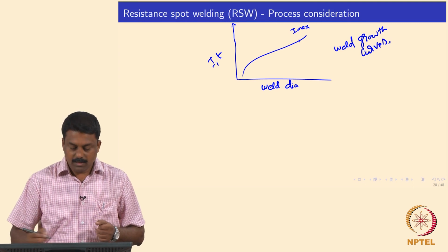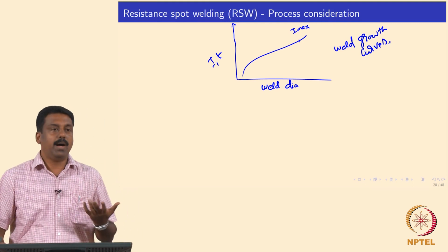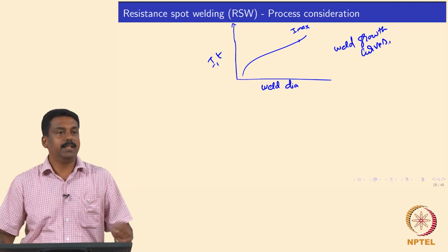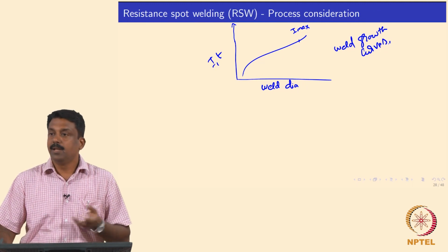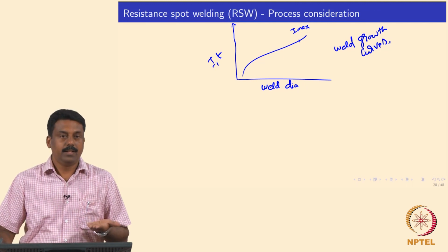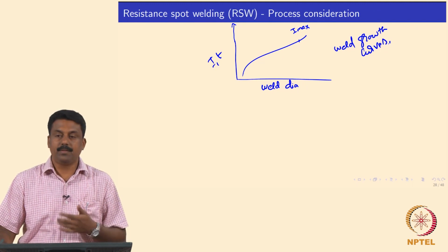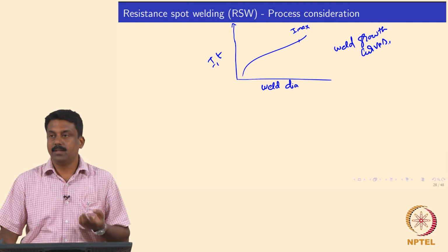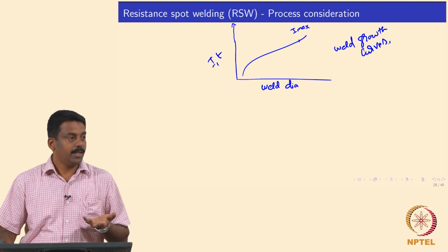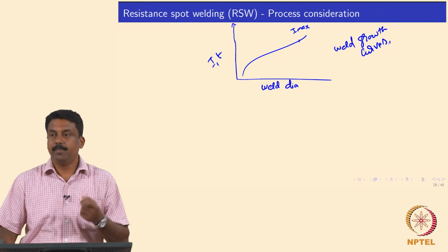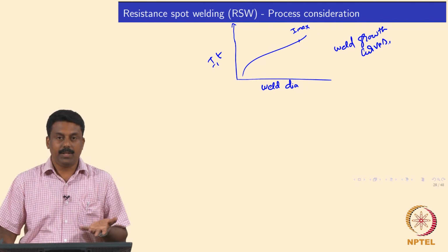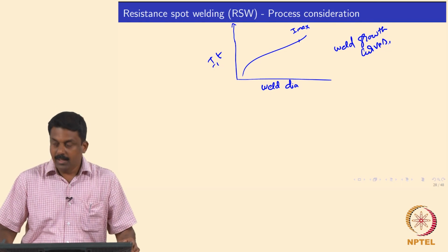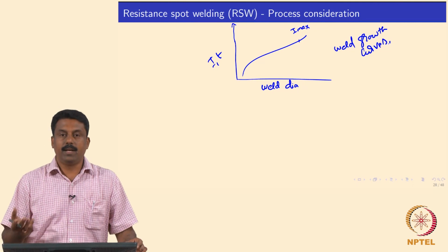Okay. So why is it important? Because of the mass effect, M. The mass effect determines the heat energy needed to form a given weld nugget diameter, isn't it? So M is related to Cp, and M is related to the mass, the density and volume, right? So by identifying the Q, we can also calculate I-squared-R-T. So that's the relationship.